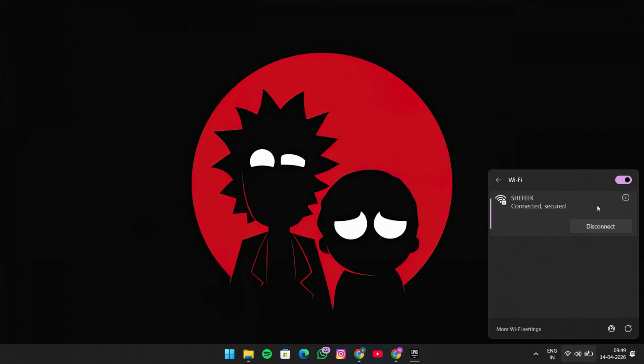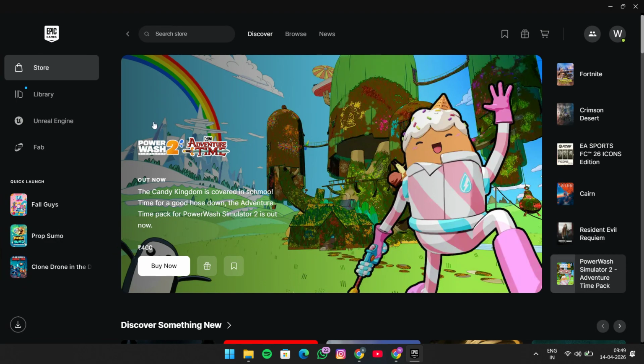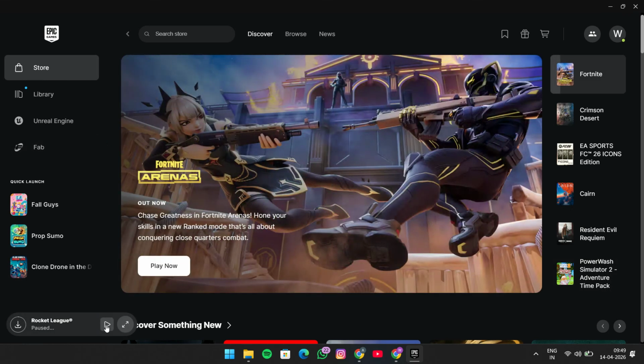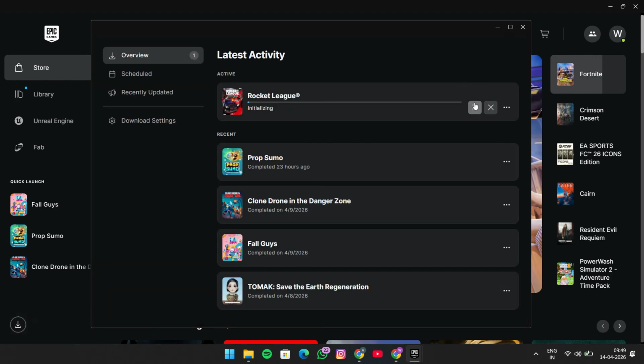You can do this by turning off your router, waiting a few seconds and turning it back on, or by disconnecting and reconnecting your network if you're on Wi-Fi. After your internet is back online and stable, reopen the Epic Games launcher. Now go to your library and look for the game or download that was giving you the error. Instead of starting completely over, choose Resume Download. This is an important step because sometimes the launcher just needs a fresh connection and a quick resume to continue